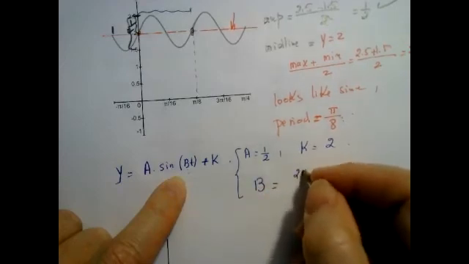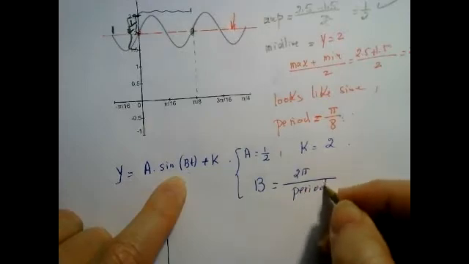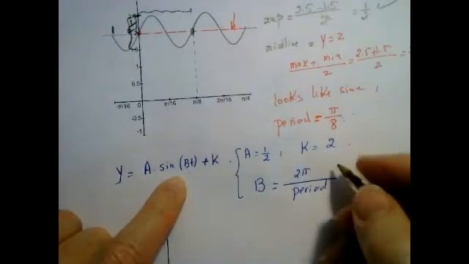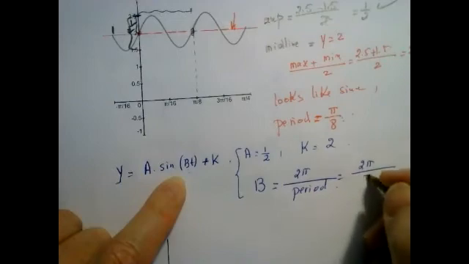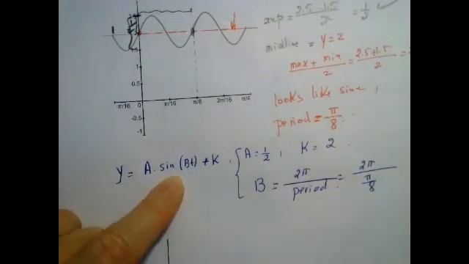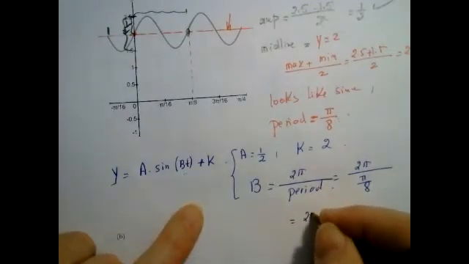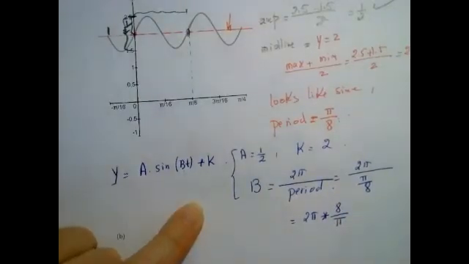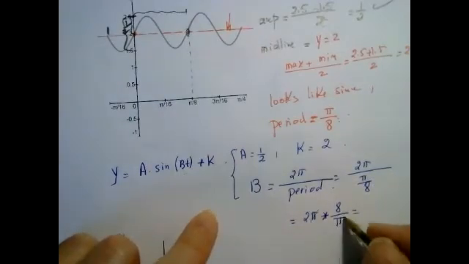It's 2 pi divided by the period. That's the easiest way for you to know. It's not pi over 8, and that's what a lot of you actually did. So this is going to be 2 pi divided by pi over 8. And now fractions come into the picture. So that's going to be 2 pi multiplied by 8 over pi, because to divide fractions you multiply by the reciprocal, which is going to give me the pi simplify